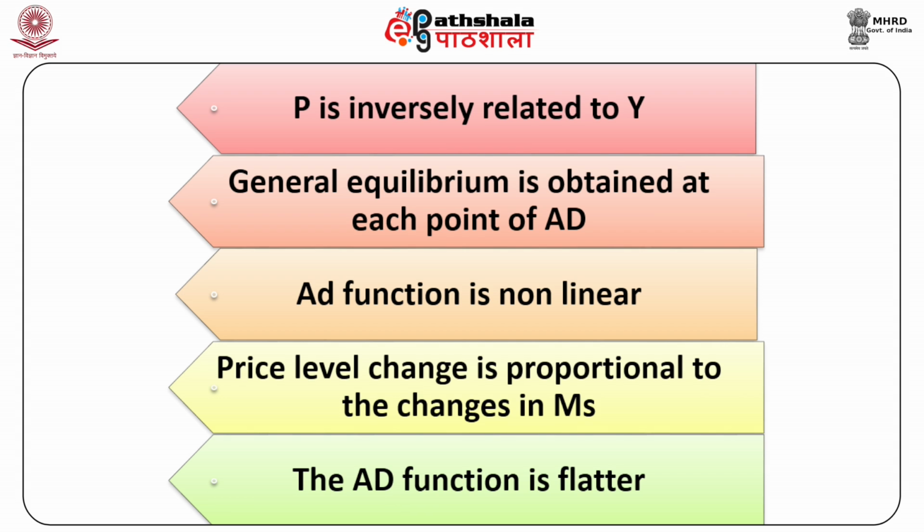Under general equilibrium, we have obtained, through the intersection of IS and LM, each point of the aggregate demand function, where the IS intersects with the LM function. The aggregate demand function, we can see, is not linear because there is this inverse relationship which makes it non-linear. The price level changes therefore are proportionate to the change in money supply, and the aggregate demand function,